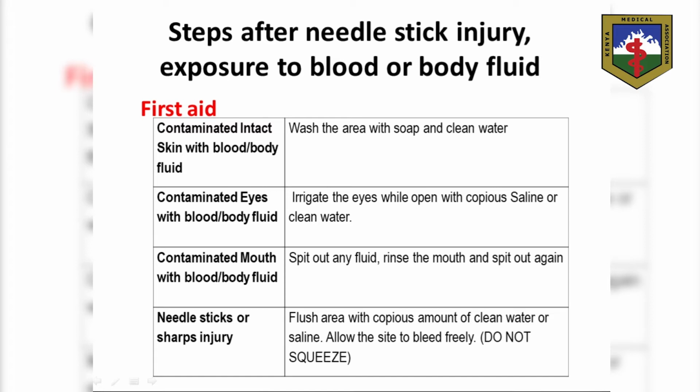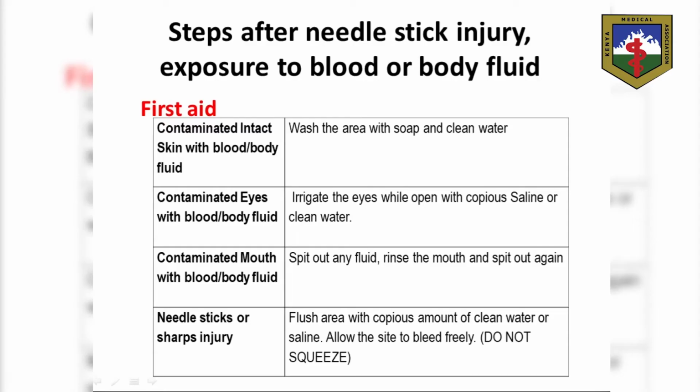If the contamination is in your eyes, with blood and body fluid, what should you do? Irrigate the eyes while open with an adequate amount of clean water. If the contamination is in your mouth with blood and body fluid exposure, what should you do? You spit out any fluid, rinse the mouth with an adequate